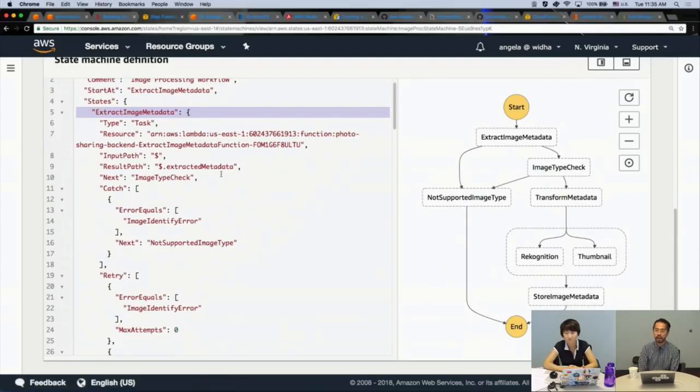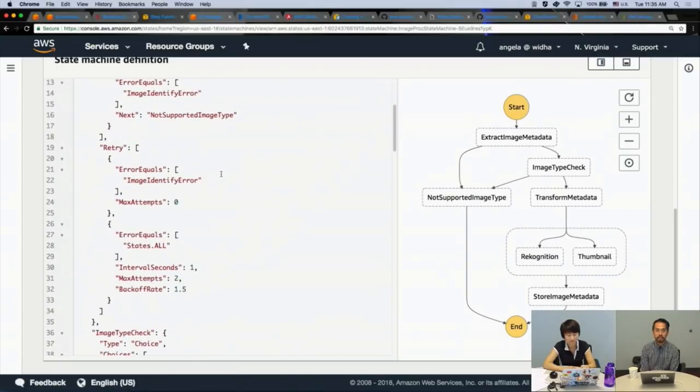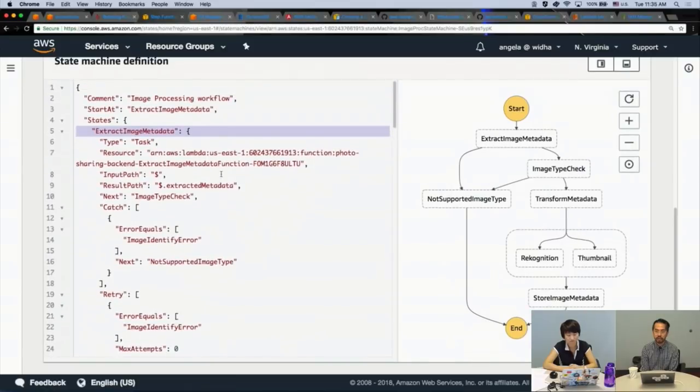On the Lambda level, obviously there's Lambda versioning and aliases, and there's a layer of indirection there that you can leverage. You also mentioned maybe introducing a layer of indirection from a step function standpoint, right? If we're treating a state machine like this, a definition, as immutable, then we can also have multiple versions of